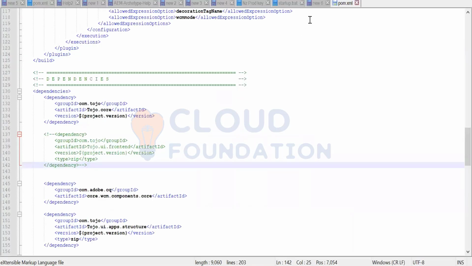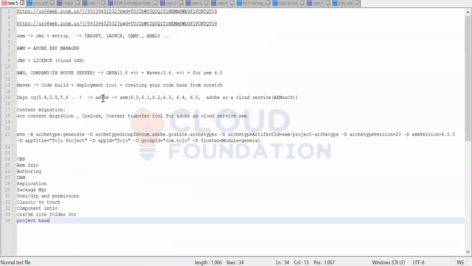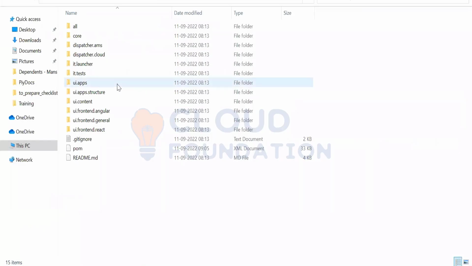Now let's go back again to our Maven. The first step we did was create our code base, and we got to know the purpose of each module. Now let's do these things: firstly, the code build, and then the code deploy. To do this, you can either cram those commands,